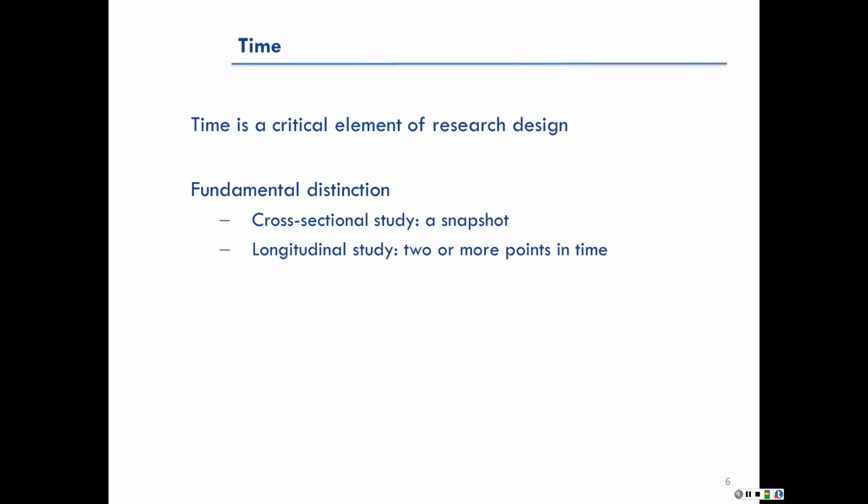Okay, so time is another critical element of research design, and here we come to a fundamental distinction in types of research studies. One type is referred to as a cross-sectional study, and this is literally a study that takes place at a single point in time. It's a slice or snapshot or cross-section. Typically, this is a survey that asks people about both the outcome variable and the independent variable at the same point in time. The second kind of study is referred to as a longitudinal study, also sometimes referred to as a cohort study or